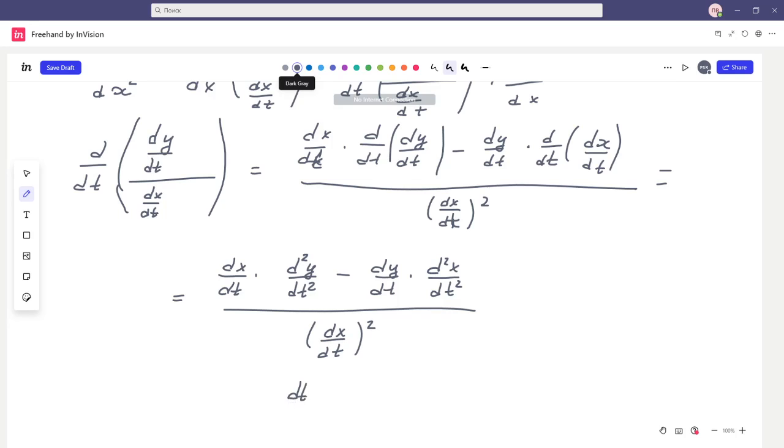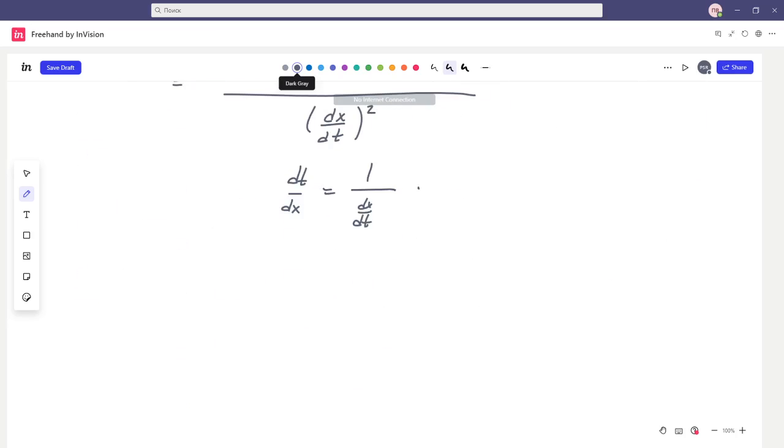Dt over dx is 1 over dx over dt. Substituting the latter expression into 5, we get